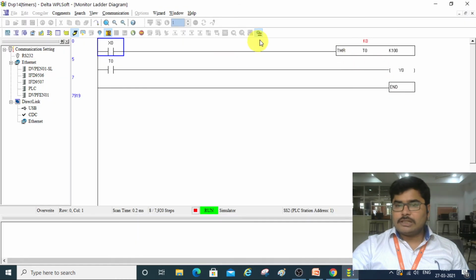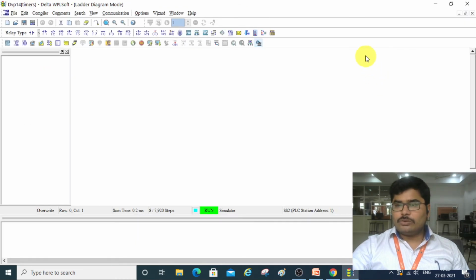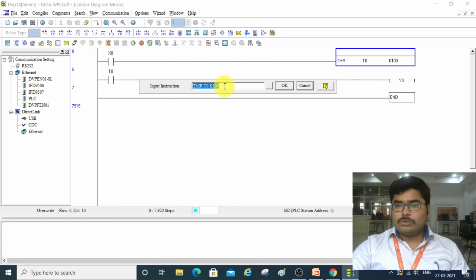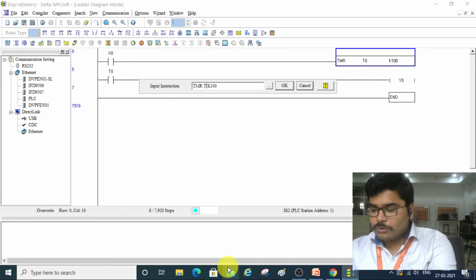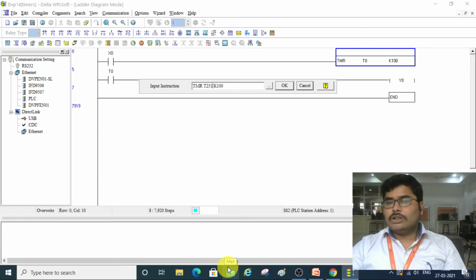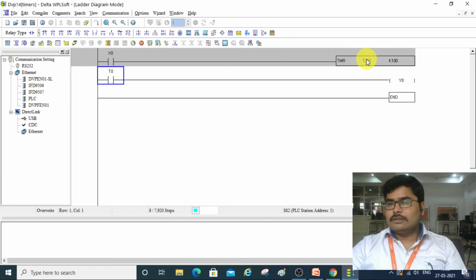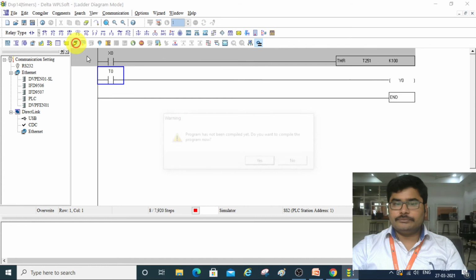So here I am changing this T0 to T251. T251 is the accumulative timer. Click on OK. Now this accumulative timer will retain its value even though the switch is open. See here whether it is happening or not.